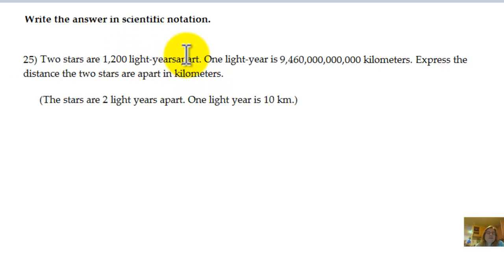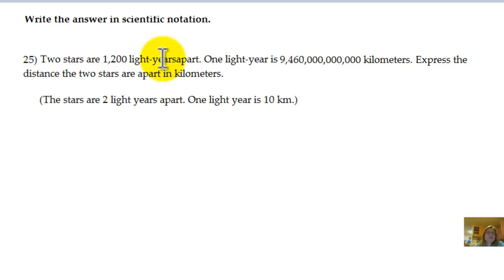Well, if they're 1,200 light years apart, and 1 light year is all these kilometers, then it's multiplication. But maybe an easier way to see it is if, let's suppose the numbers were simpler. The stars are 2 light years apart, and if 1 light year is 10 kilometers, then we can easily see they're 20 kilometers apart. So in this simpler version, the math is multiplication. So we do know we're going to take this large number of kilometers and multiply it by this